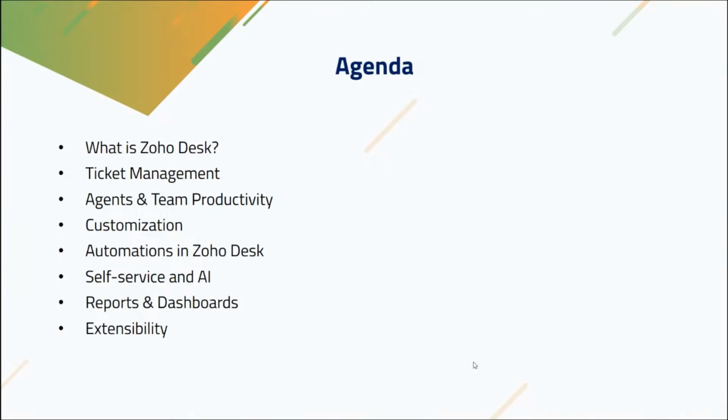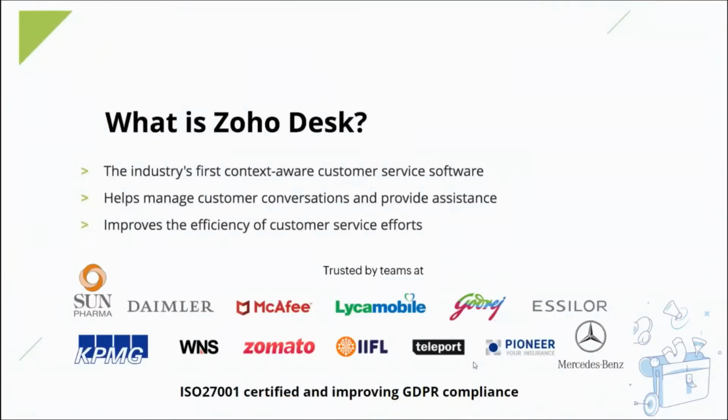Then we'll have a discussion on reports and dashboards. Finally, last but not the least, we will talk about the extensibility of Zoho Desk, how extensible it is and how it can be integrated with other favorite applications from your organization. As I said, in the first agenda item we will talk about what Zoho Desk is. Zoho Desk is nothing but a context-aware